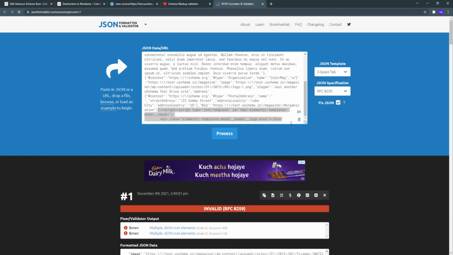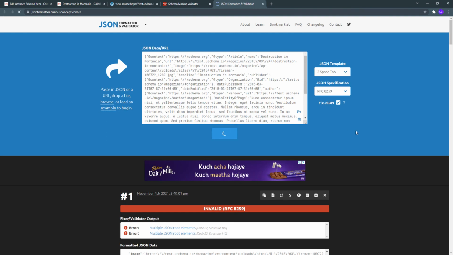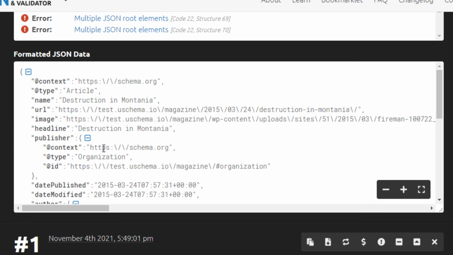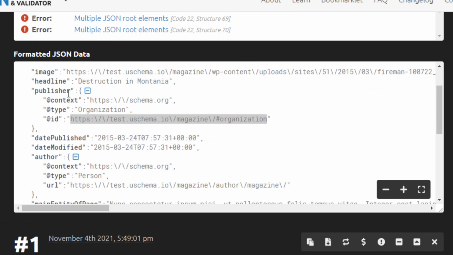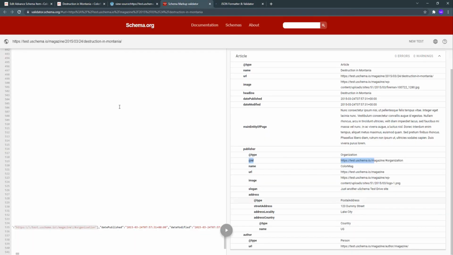Let's process it. And inside the publisher, now you see that it has a context, it is a type of organization, and it is linked to this organization. It has not actually put the publisher organization schema properties inside. It has just put an identification mark, and then it is all there, as you can see.